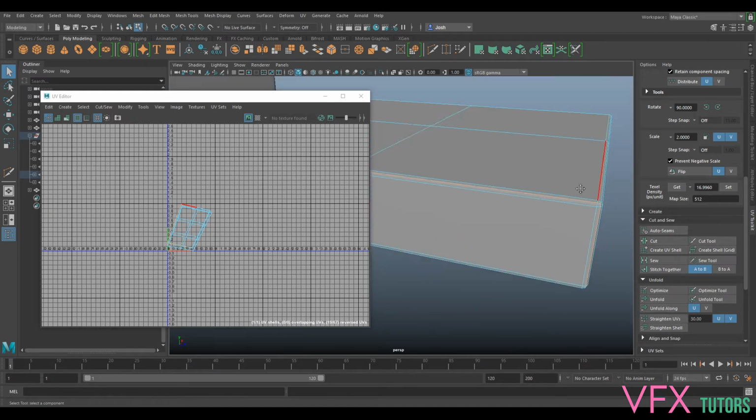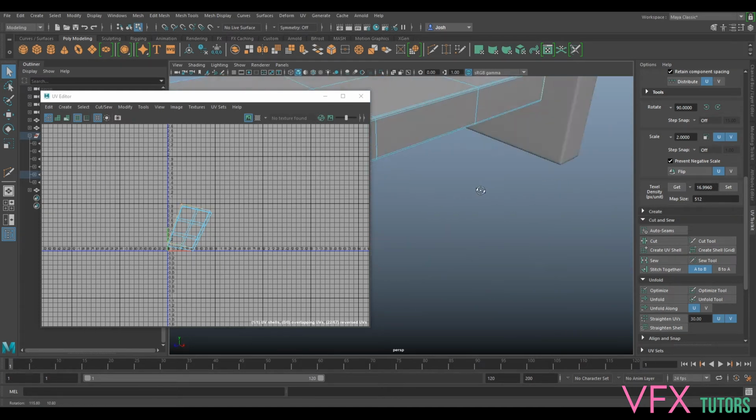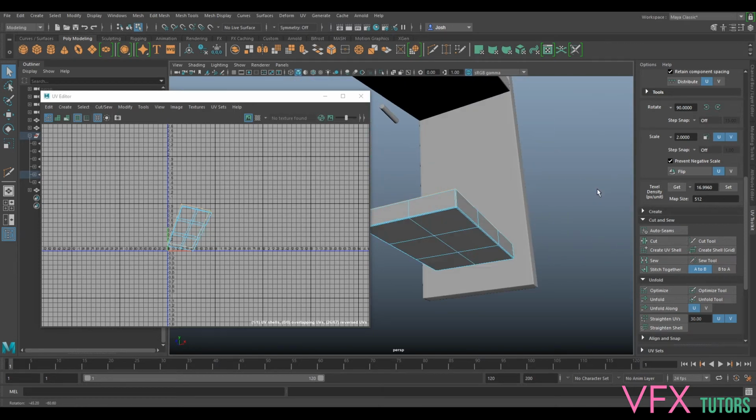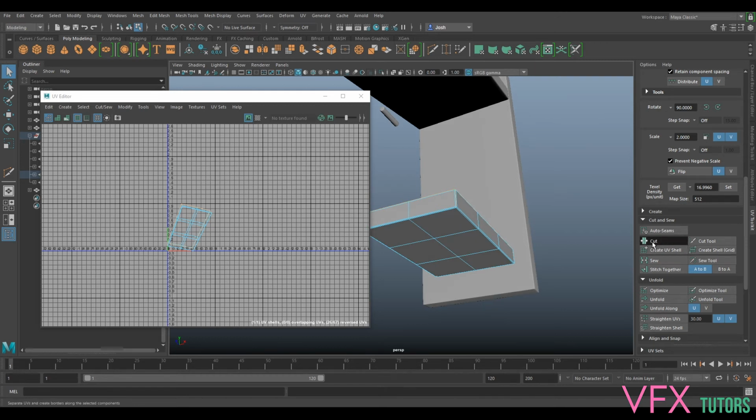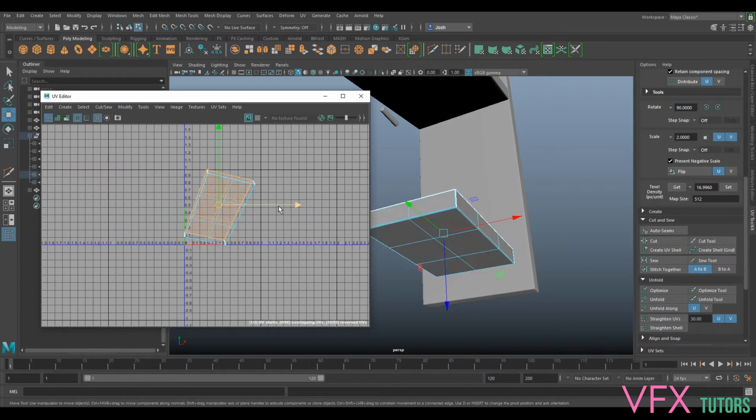And if you're used to UVs, I guess you can probably just skip past this. Cool, so I've selected those seams. I'm just going to go cut again. And I always do my UVs manual. I never use auto because it makes too much mess, I find, and it's not worth the effort